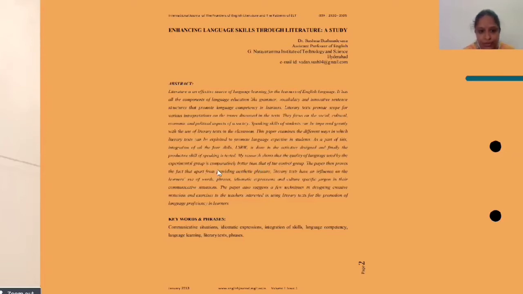The paper then proves the fact that apart from providing aesthetic pleasure, literary texts have an influence on the learner's use of words, phrases, idiomatic expressions, and culture-specific jargon. So this is the finding of your paper. So after reading the literary text, students have improved their vocabulary and they show good improvement in their writing skills also. So this is the abstract.